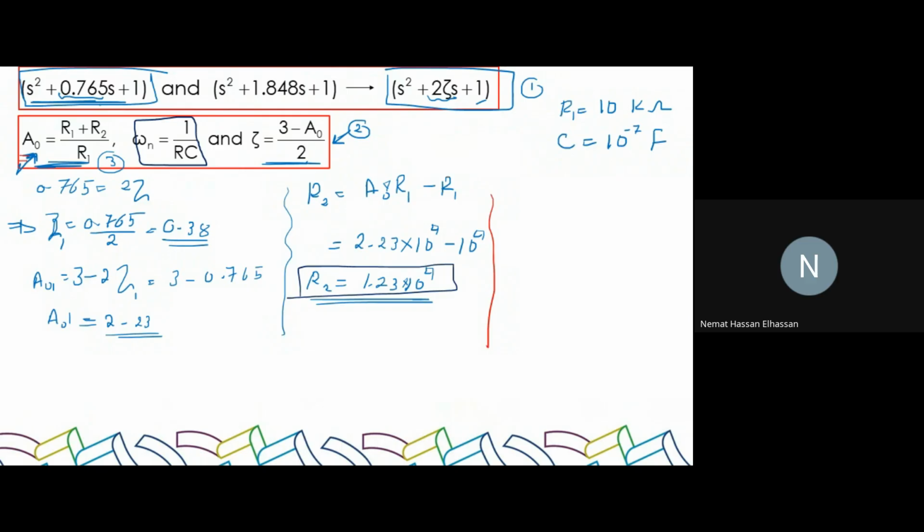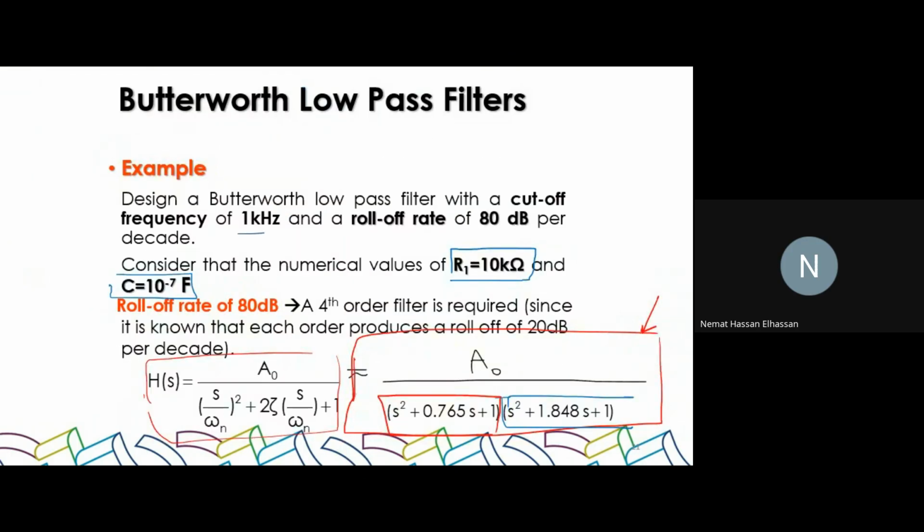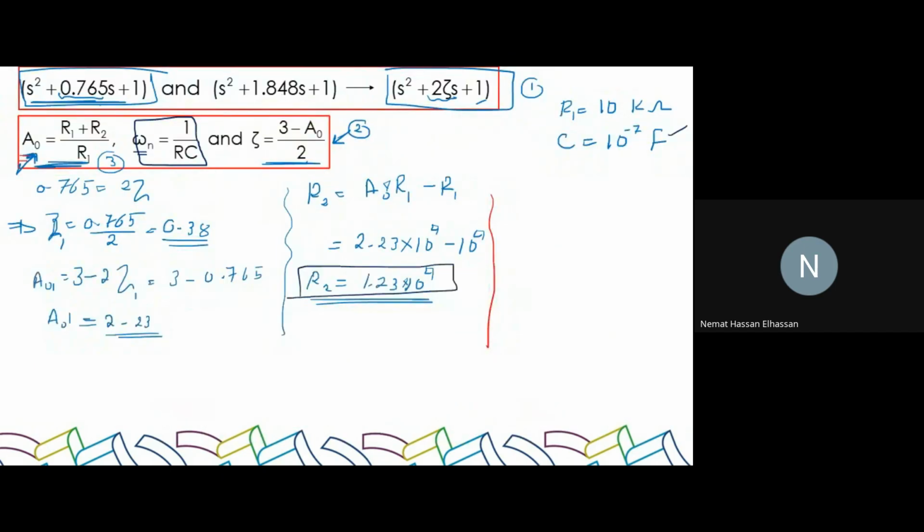هنا عندنا C معطى، صح؟ من السؤال قال افترض انه عندك قيمة لسي اللي هي 10 سالب 7، وعندنا قيمة الأوميجا n. أوميجا n هي إيه؟ أوميجا n الناتشورال فريكونسي أو الكت اوف فريكونسي، صح؟ إحنا عندنا في المعطيات إنه عايزين الكت اوف فريكونسي يكون بقيمة 1 كيلو هرتز، ممكن نحسبها عادي، صح؟ طيب إذا أوميجا n بتساوي 2 باي fc، صح؟ هي بتساوي 2 باي في 1 كيلو اللي هي 10 أس 3. وبتطبيق القانون ده ممكن نقول إنه الR بتساوي 1 على أوميجا n في C، صح؟ إذا الR بتساوي 1 على 2 باي في 10 أس 3 في 10 أس سالب 7. أوكي، واضحة الفكرة؟ إذا كم قيمة الR بتكون؟